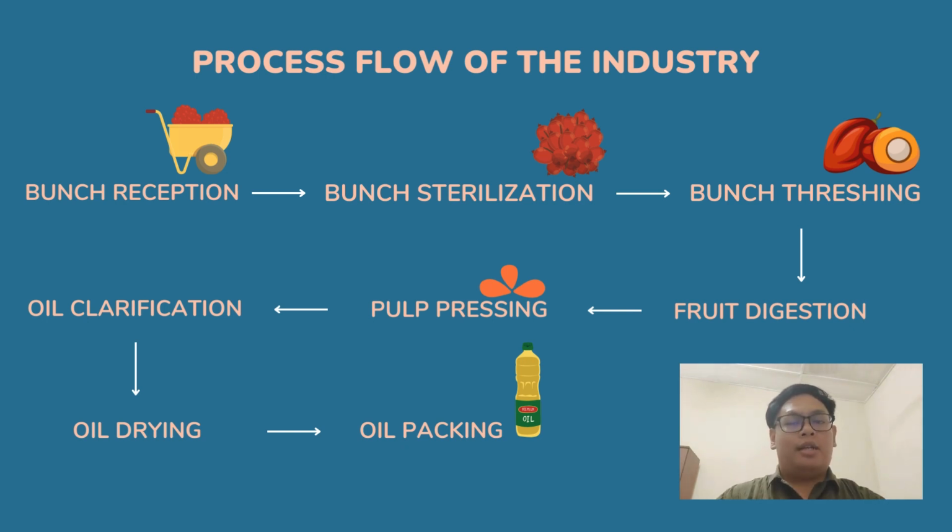The next process is pulp pressing. Two methods have been used. The first one is the dry method, which uses a mechanical process where the extraction stage is to squeeze the oil out of a mixture of oil, moisture, fiber, and nuts by applying mechanical pressure on the digested mash. The second one is the wet method, which uses hot water to leach out the oil.